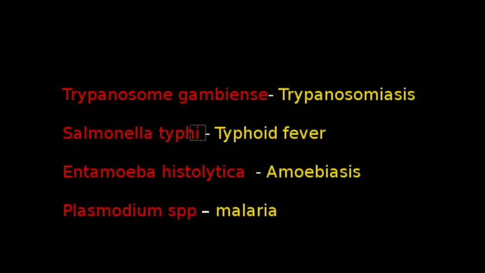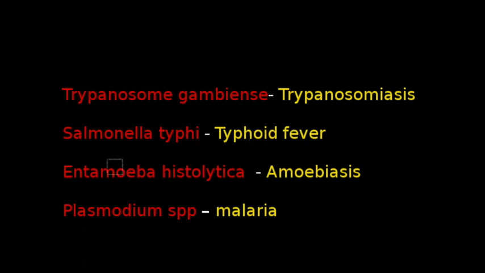Salmonella typhi causes typhoid fever. Typhoid fever is an acute illness that is associated with fever. It can also be caused by Salmonella paratyphi, which is a related bacterium that usually causes a less severe illness. The bacteria are deposited in water or food by a human carrier and are then spread to other people in